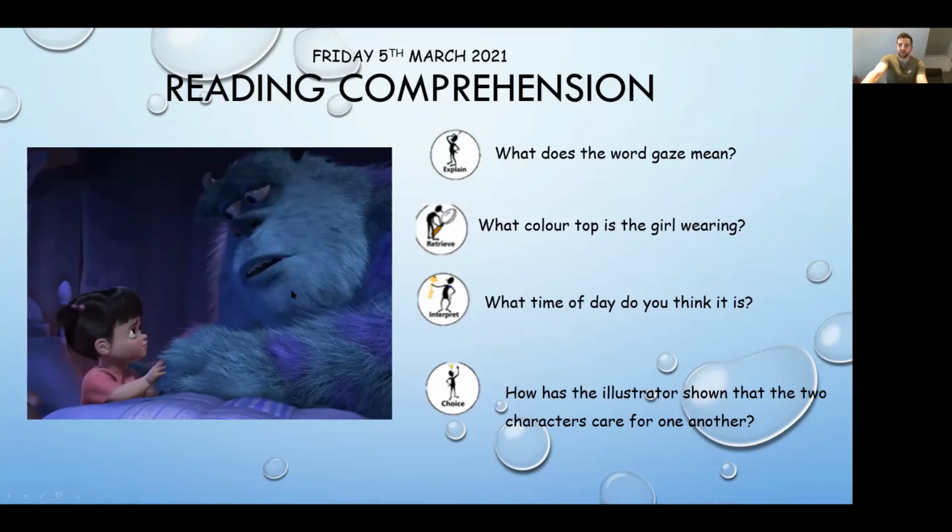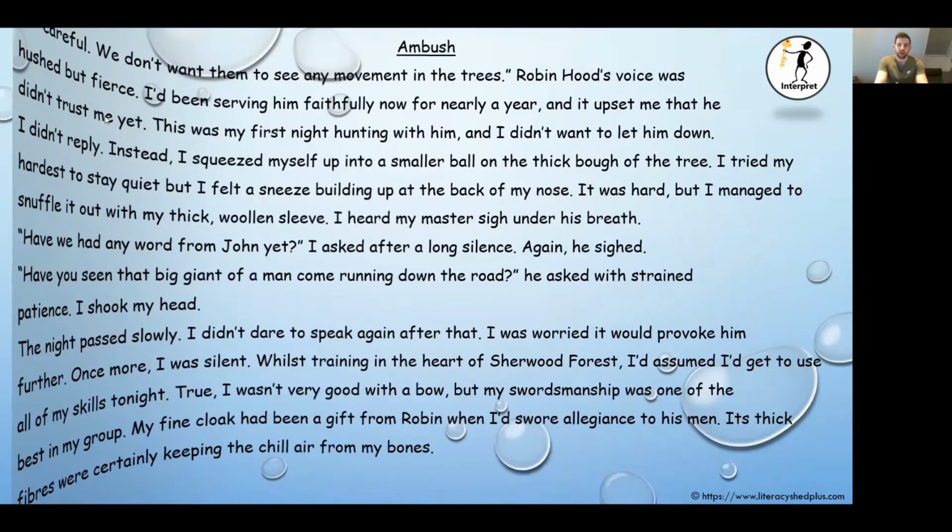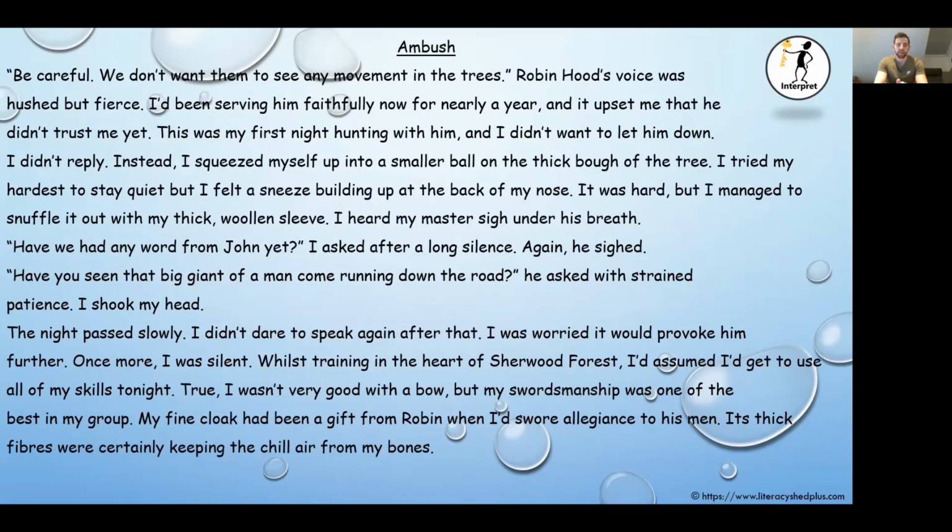And now we'll move on to our ambush text, which you guys should know really well by now. So what I'm going to do, I'm going to read it out for you guys, and then I'm going to talk you through the infer or inference questions that we're going to answer. So,